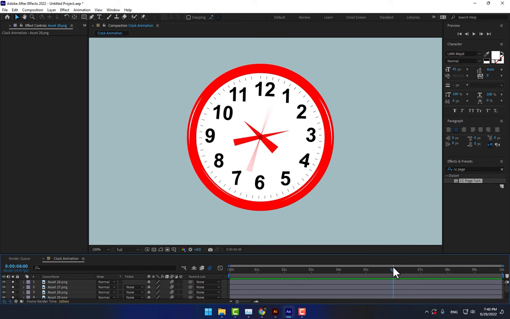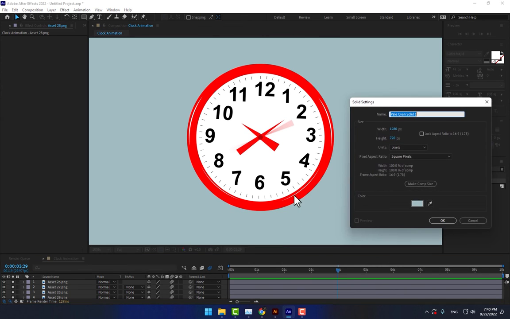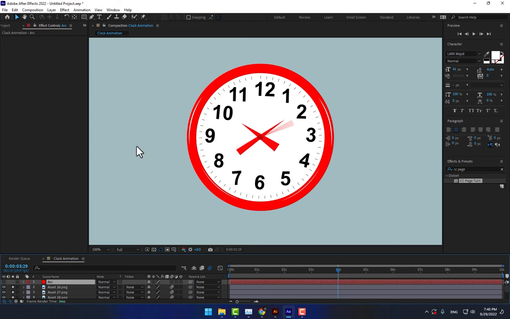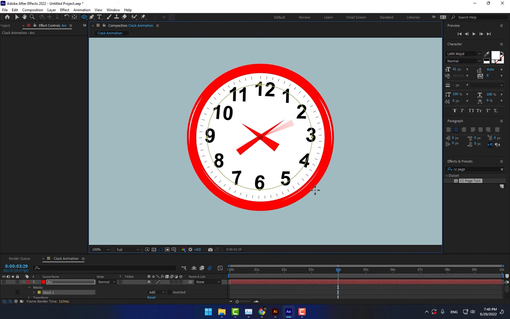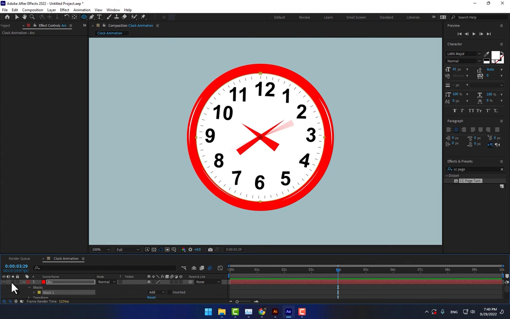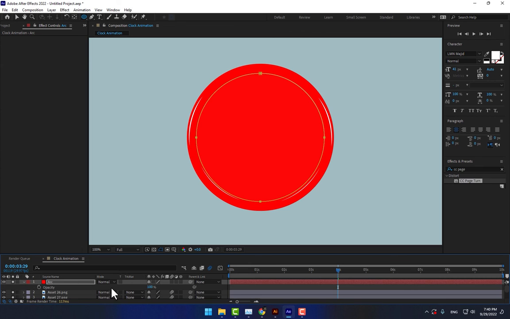One thing more, like a bonus. From here, create a new solid with this color. Make an arc here. Turn off. Select the ellipse. Turn on again, press T,